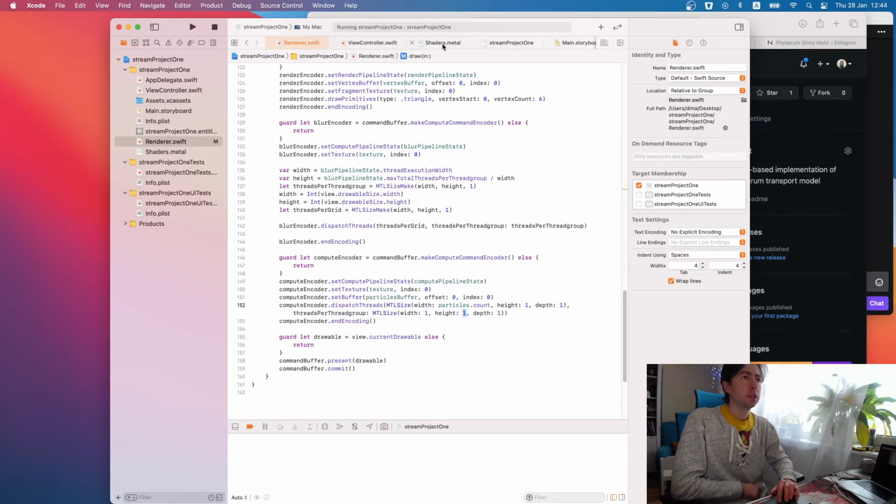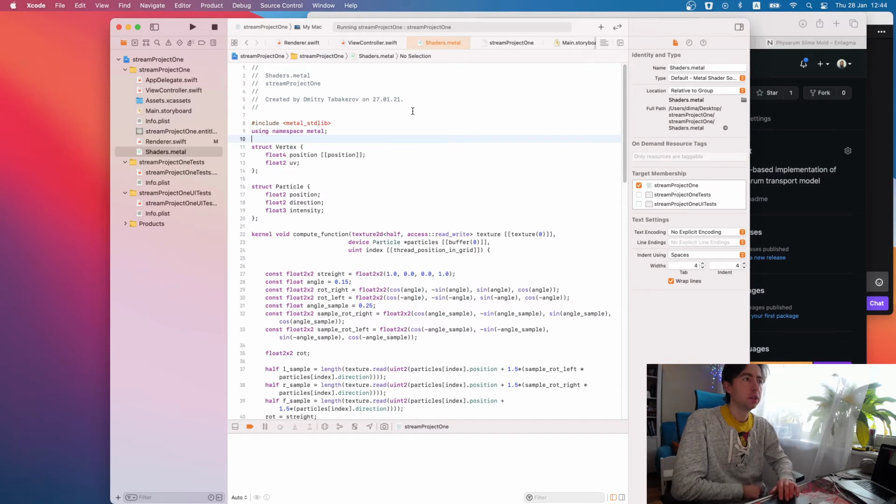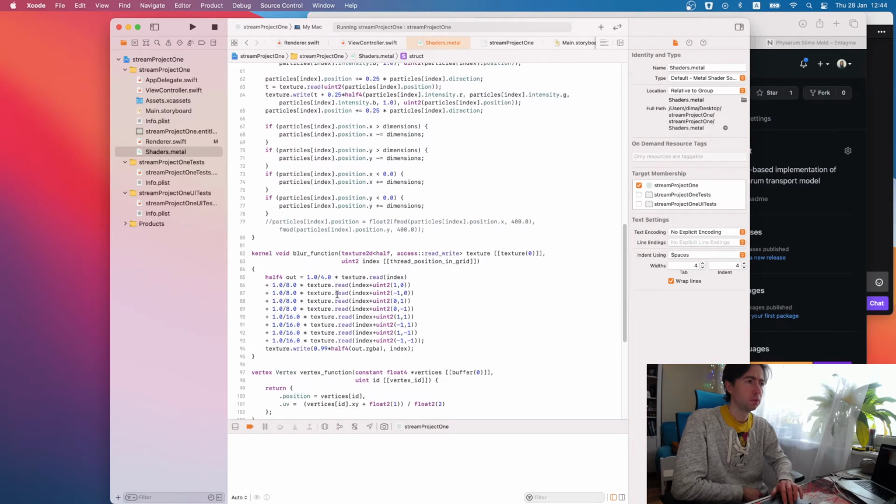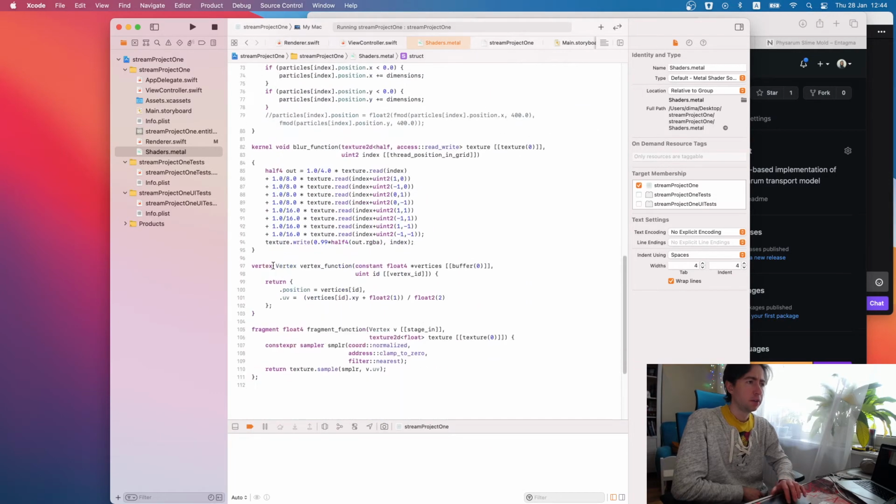And so let's take a look at these shaders. So this is the vertex structure. We talked about it yesterday. It's for the vertex function. This vertex function returns a vector with position and UV value.